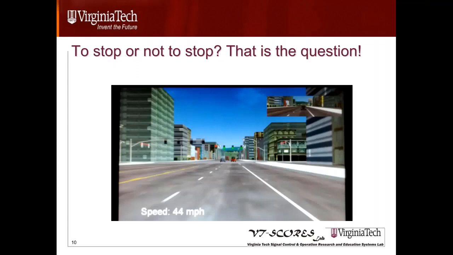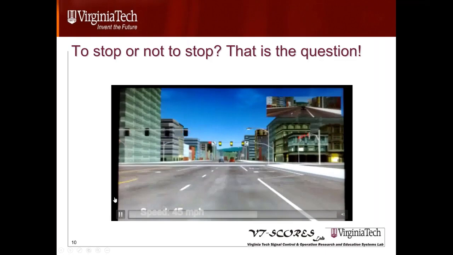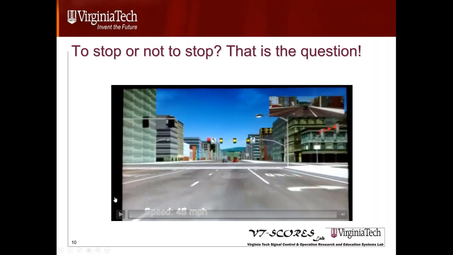So we collected data. Of course, you always have to collect data so that you can use it to train your agent, and then you take your agent into the simulation package. So an example here of to stop or not to stop, that is the question. I'll show you a quick video, and this is from a driving simulator; we took the data from the driving simulator, and then we took that and trained our agents. So the driver goes on, they see the yellow, and now the question is to stop or not to stop. That is the question. In this particular example, we wanted to use the data also for the human learning aspect,